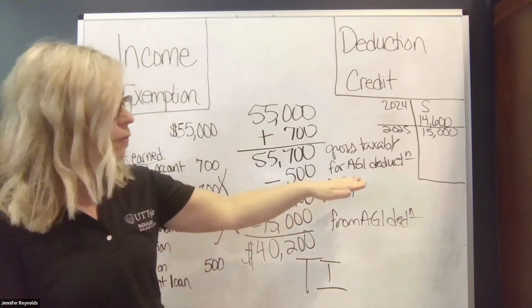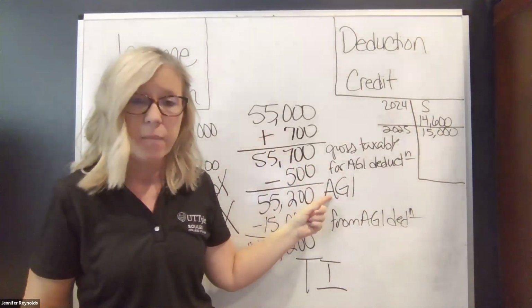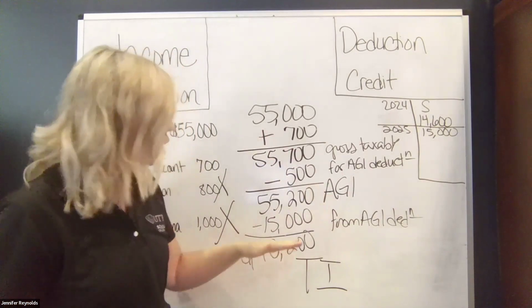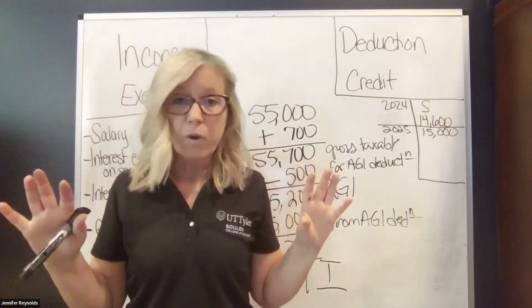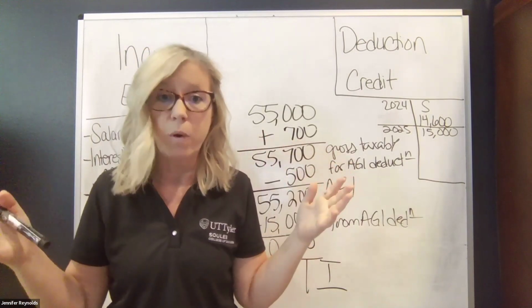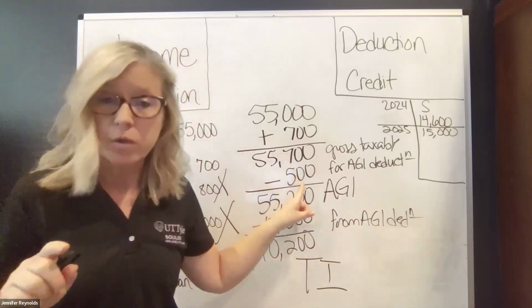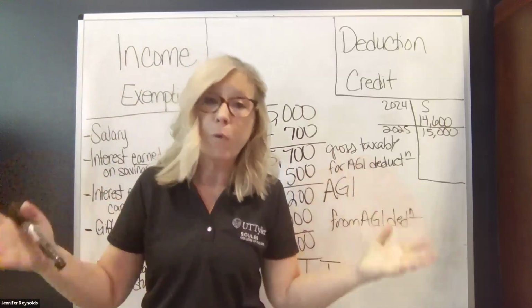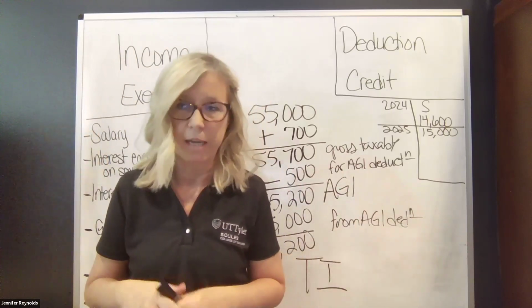All it means is the for AGI deductions happen before you get to AGI, and the from AGI deductions are taken from AGI. But what we'll start focusing on now is going through all these different deductions and figuring out what is what. So here's one that you've learned. Student loan interest, Congress has said, is a for AGI deduction. They really want everybody to be able to take it.